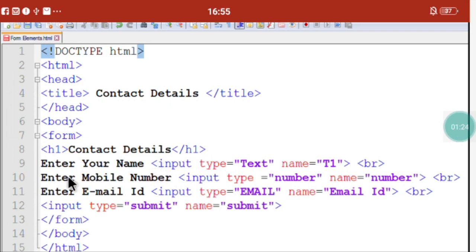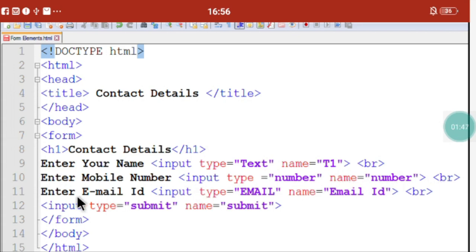The next text you are going to type is enter mobile number. Here you are asking the user to enter the mobile number next to this text box. In this text box you are going to enter the number. That's why we use here input type equal number, name equal number, and the next br tag.